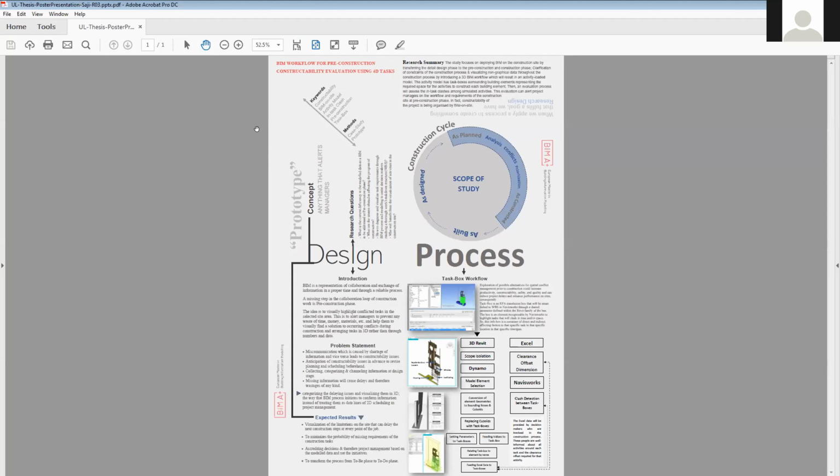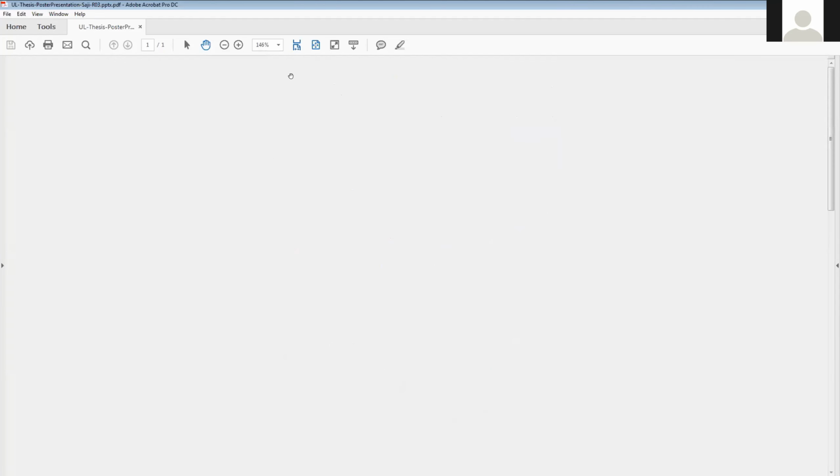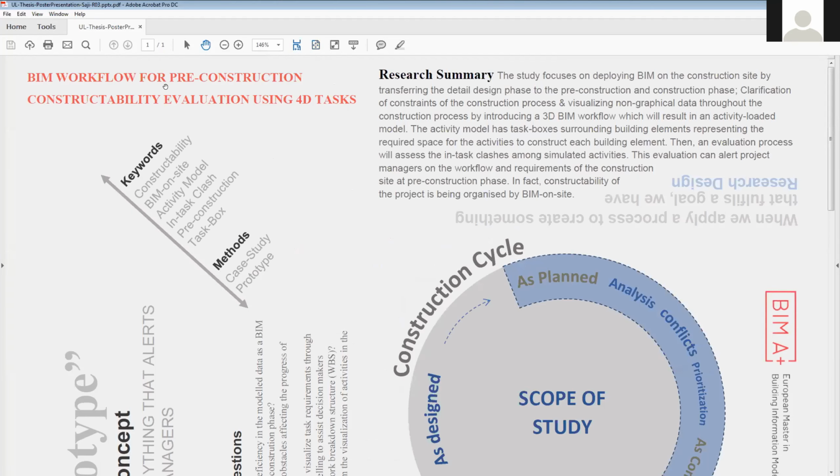The example that I'm going to present for you is a BIM workflow for pre-construction constructability evaluation using 4D CAD. The idea